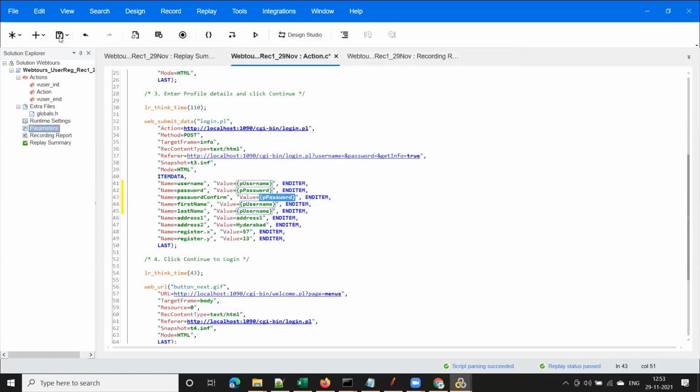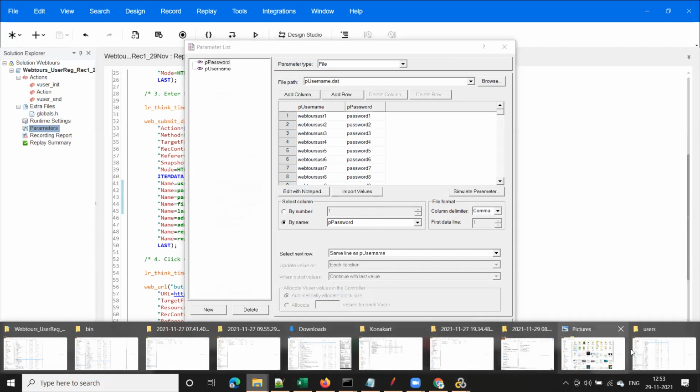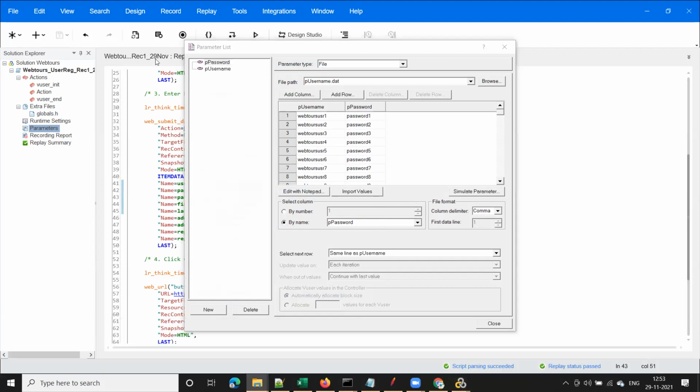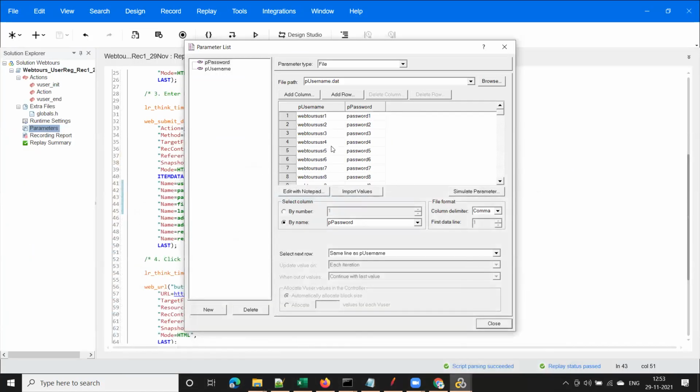And one more thing, guys, one more wonderful feature in LoadRunner is, suppose we already used some user IDs. 4 user IDs are already registered, Web2 CSR 1 to 4, right? But I kept these in the file. I don't want to use these first 4 user IDs. I want to use from line number 5, right? We cannot reuse these user IDs. Yes or no?